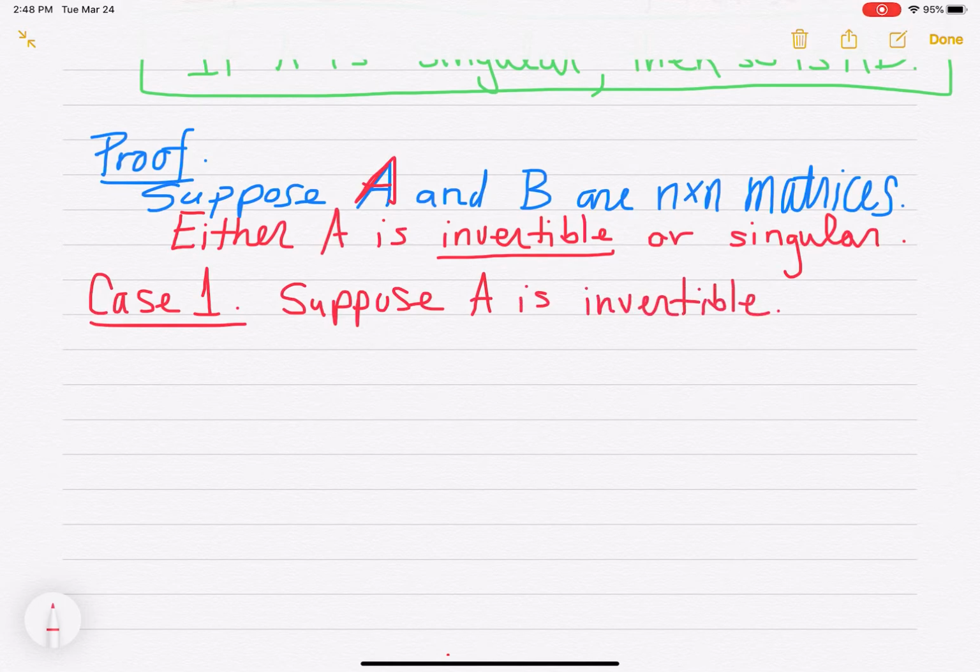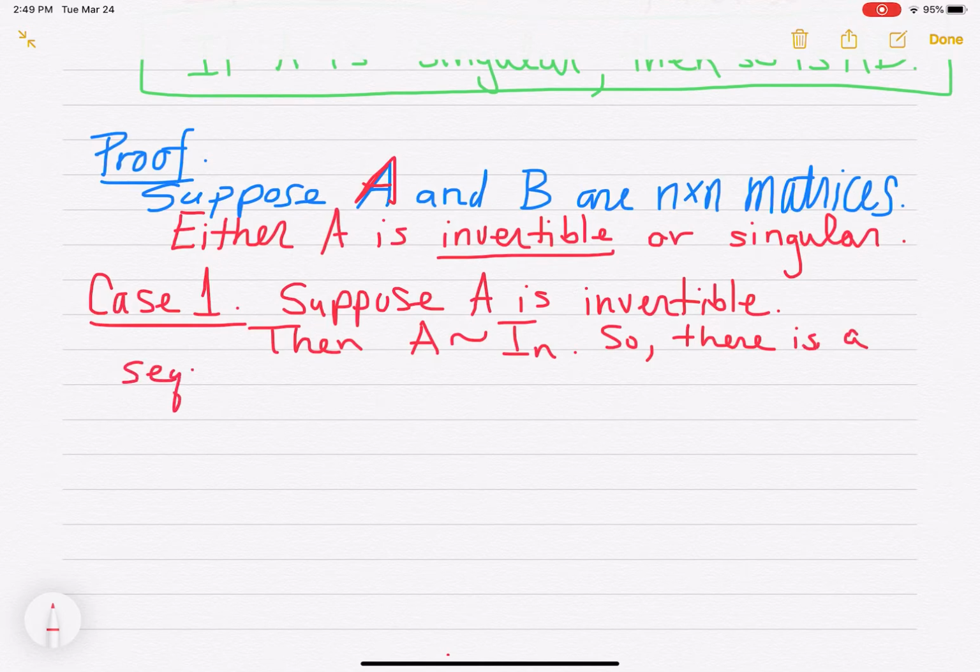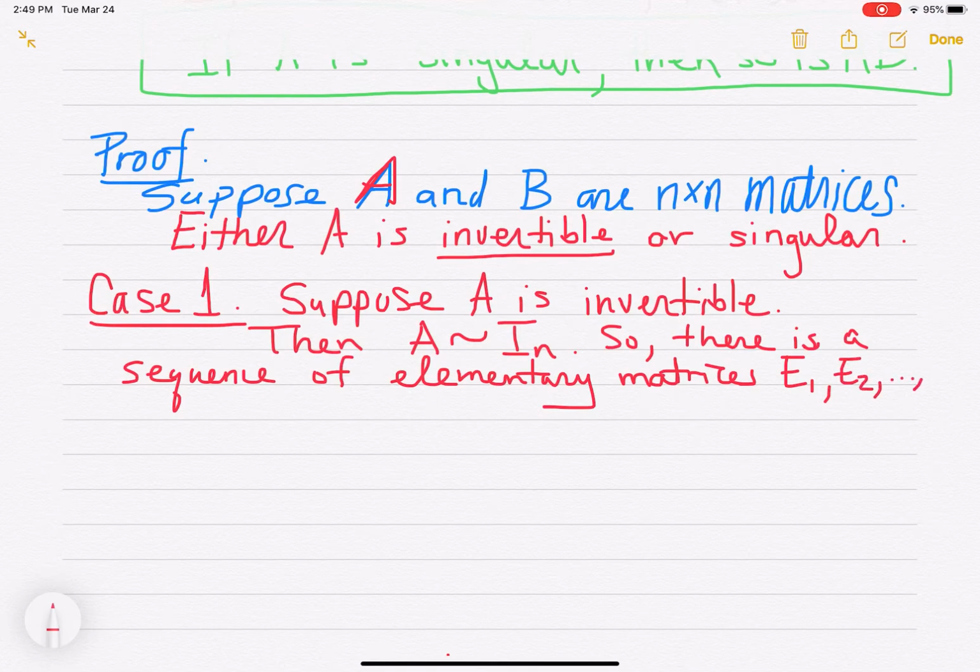If that happens, we know by the invertible matrix theorem that A is row equivalent to, it row reduces to, the n by n identity matrix. So that means there is a sequence of elementary matrices, which represent row operations on A. Let's call them E1, E2, and so on, all the way to EK, such that